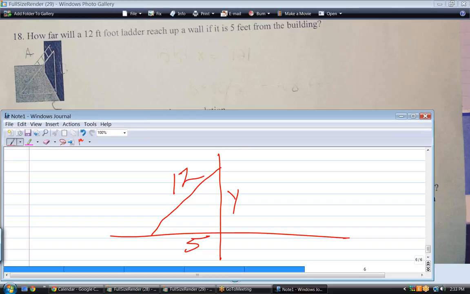Right? Yeah. Well, we always know that anything that's like a ladder or a pole or a person standing makes a right angle with the ground. So we're looking at a right triangle here. What's y going to be? It's going to be the unknown. It's going to be the